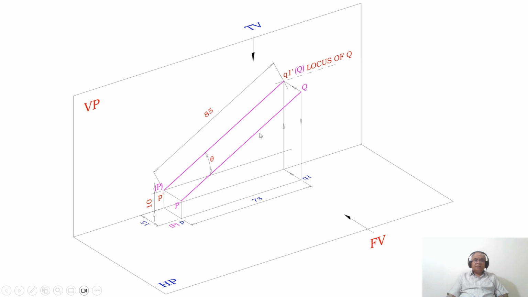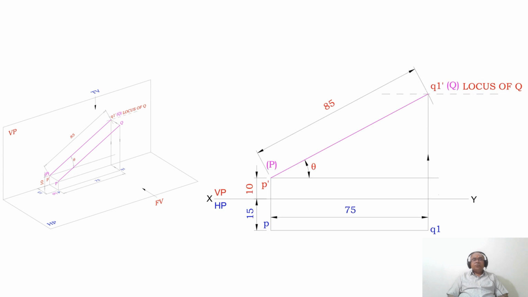Since in space this line is 85, when you look from the front view, which is perpendicular to this line, obviously that image is going to fall on the vertical plane. So now you got the true inclination with respect to HP. Now, similarly, how to do that here in the